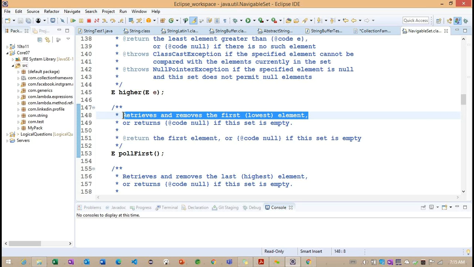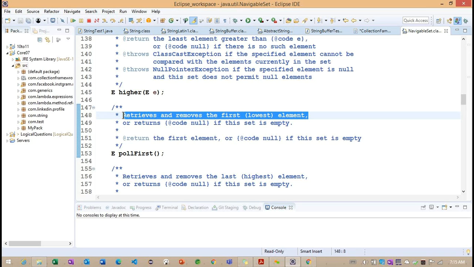Whatever element we retrieved, it is going to perform this on each and every element, whether it is a lower element or a higher element. Based on the lower element, it will try to remove it, and whatever element is removed is returned here. Otherwise, if the set is empty, it will return null.